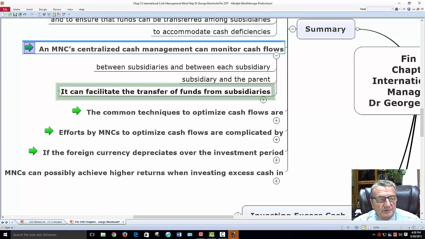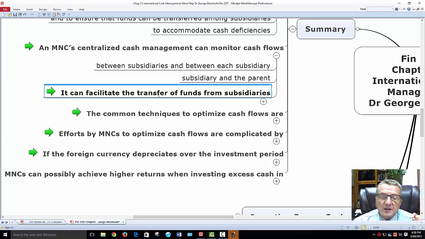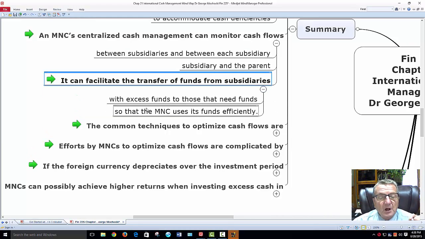Let me just go to this one here. Okay. It can facilitate the transfer of funds from subsidiaries with excess funds, we talked about, to those that need funds, and MSC uses its funds efficiently. Remember,